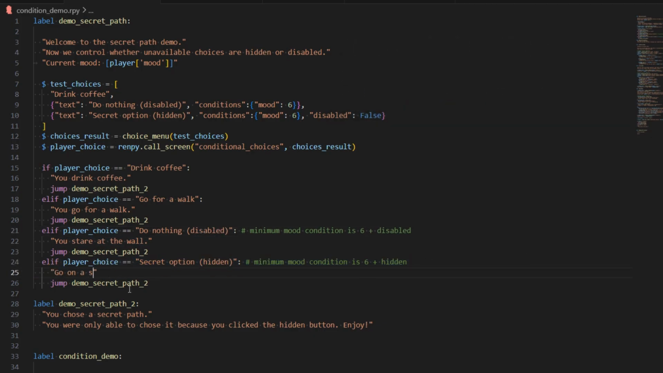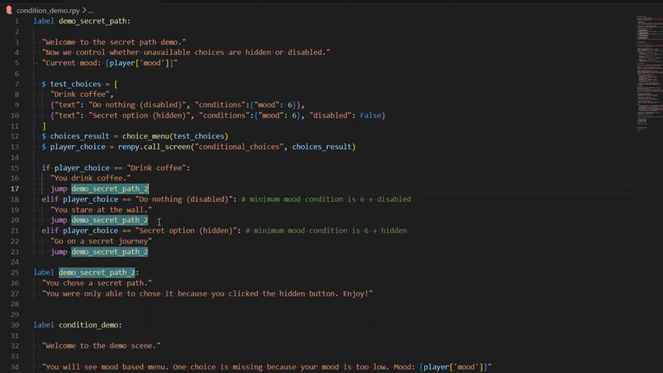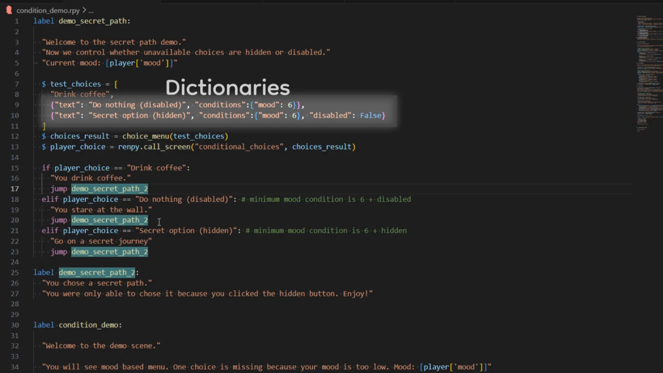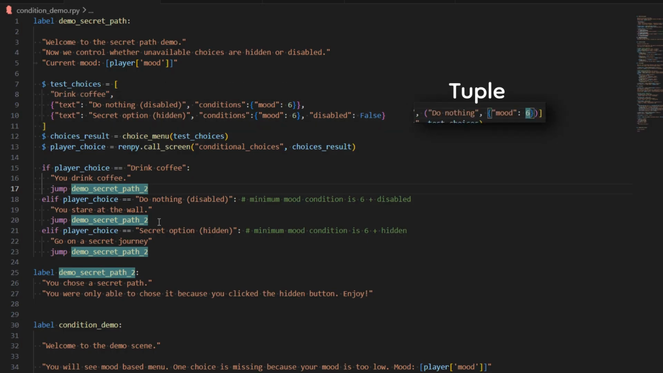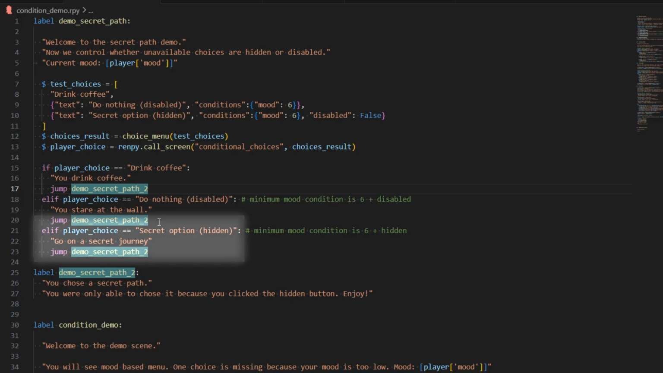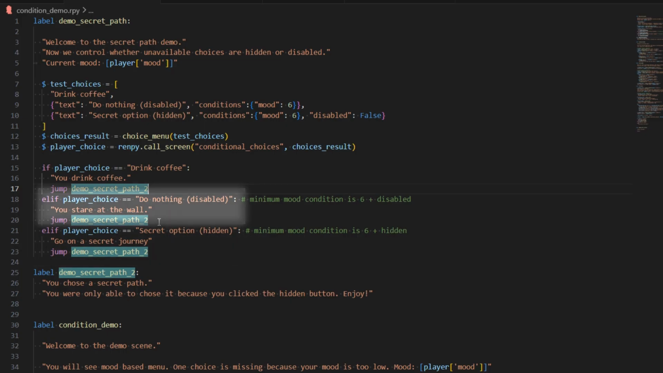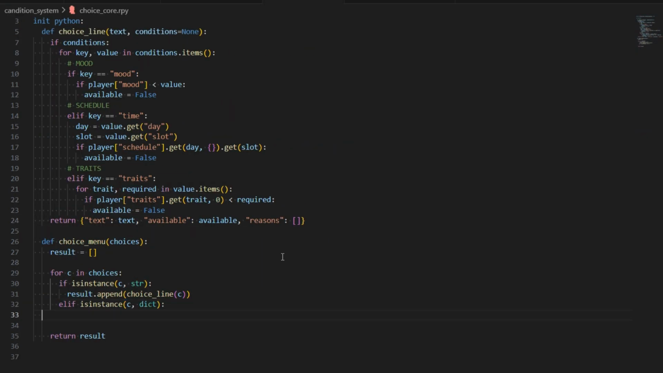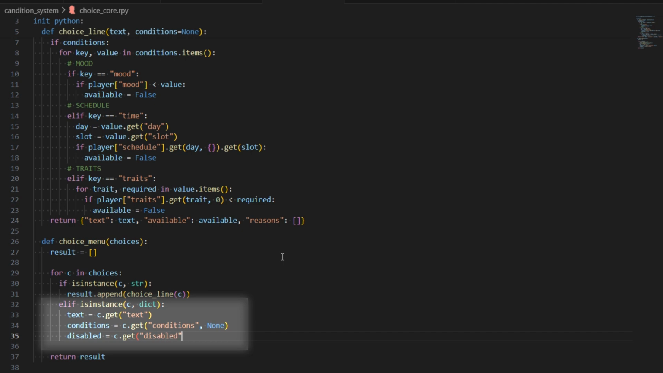Now, each conditional choice has text, conditions, and a visibility flag. To manage all of that, let's make the conditional choices dictionaries instead of tuples. I'll also prepare one of the choices to be the future secret choice, and another choice to be disabled for demonstration purposes. Next, let's update the choice menu function to support dictionaries,